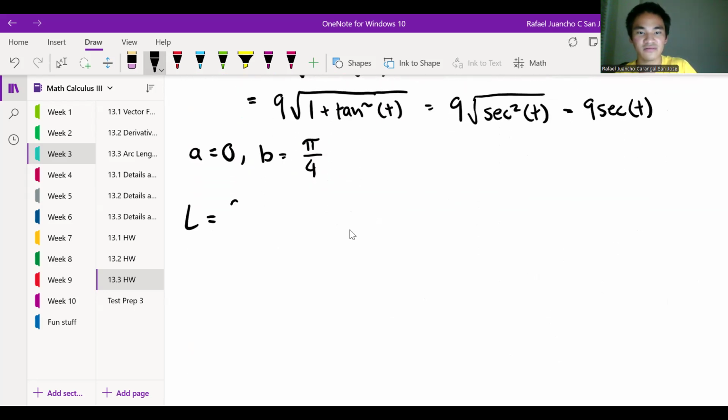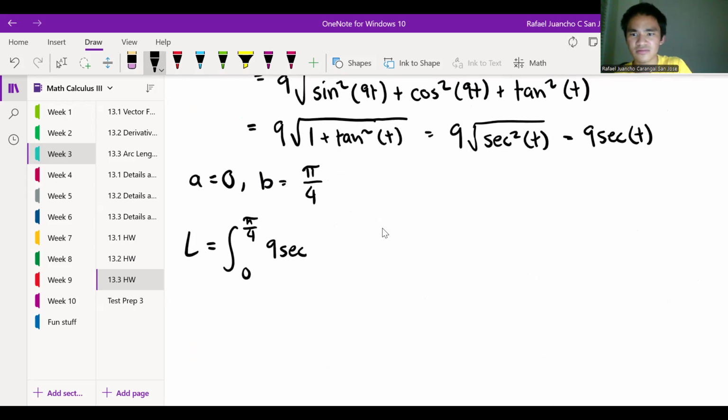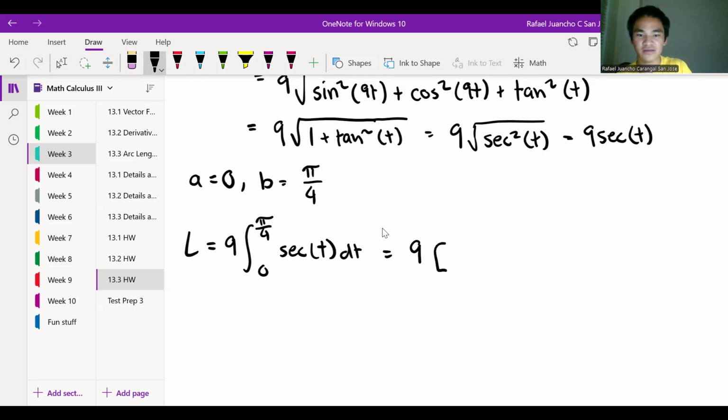So we have L, the integral from 0 to pi fourth of 9 secant t dt. Maybe I can take out the 9 here. And now I can just evaluate this integral. So we integrate the thing. So we have 9 of,